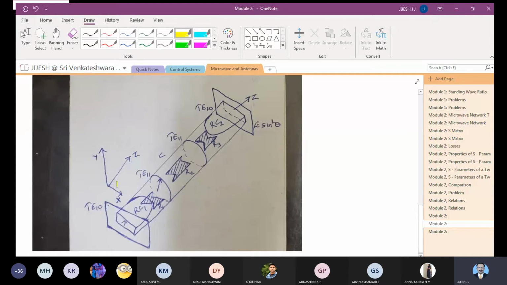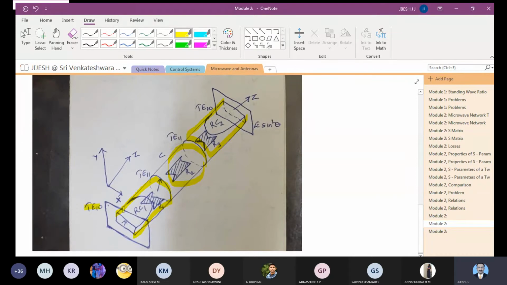Here there will be three directions shown for you, that is X, Y, Z direction. This is in the Z direction. The main thing is that this portion which I have shown, and this portion which I have shown here, are two rectangular waveguides, and the center one is a circular waveguide. So you have a rectangular waveguide followed by a circular waveguide and then a rectangular waveguide. Here the modes of operation are TE10 mode and TE11 mode.